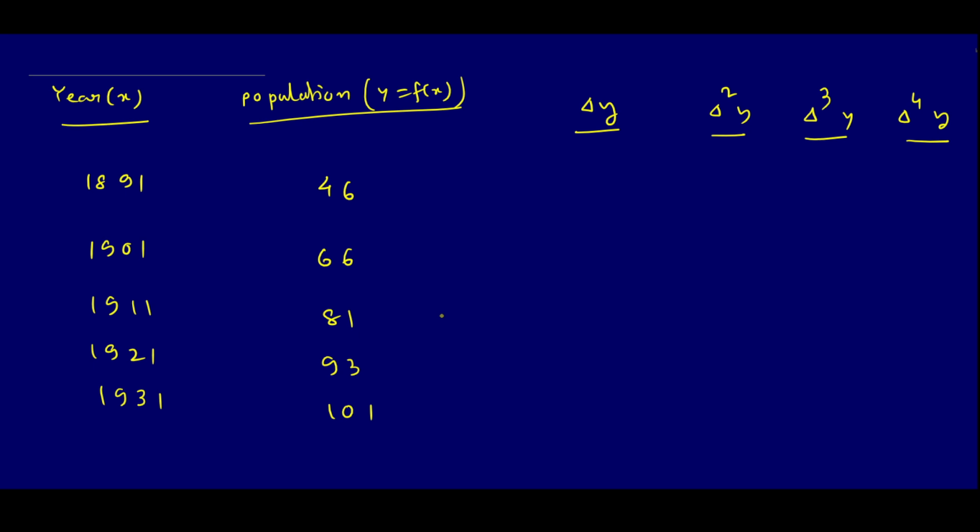So population wise, we have to make the table, and then the other terms will follow. First is year. How many years are given? Here, 5 different years are given. So which is our argument? So 1981, then 1905. Here 5 different arguments are given, and similarly the corresponding entries are also given.